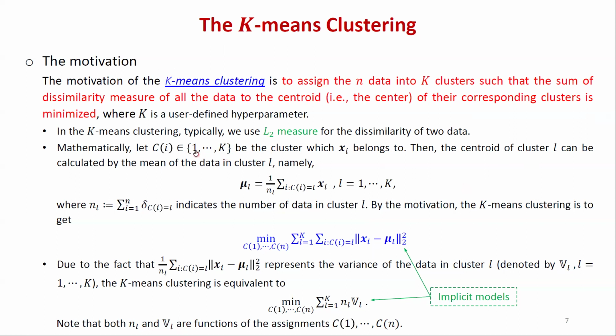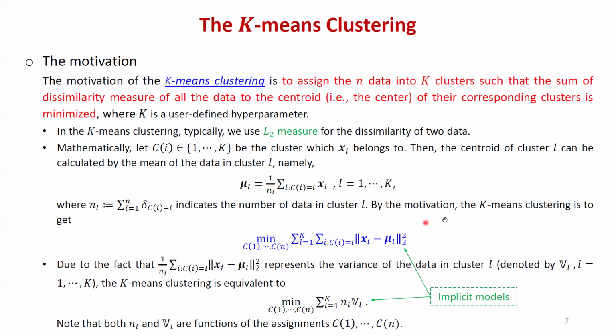So in total we'll only have 1 to k clusters. Of course, Python will define it to be 0 to k minus 1. It's not a big deal. And then, mu L is the centroid of class L. This mathematical form means that I only sum data i such that the cluster of data i is L. So I will sum all the data in class L and divide by NL. NL means how many data are in cluster L, which means the mean or the average. Here we use the term centroid.